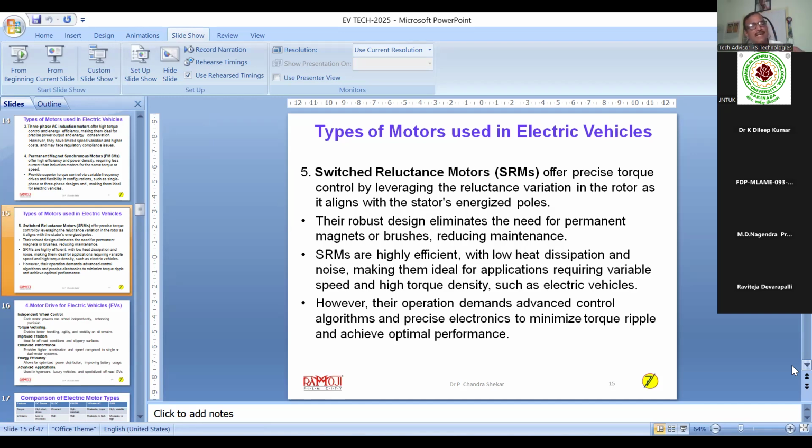If you see any of the electrical buses, how smoothly they go, wherever they want to stop, it just stops and it just picks up like anything. There we use the switched reluctance motor. The basic idea is if you take a 3 kilowatt motor with the permanent magnet, the weight is 1:2. We can get half the weight with the switched reluctance motor. Only thing is a little bit more electronics is required to control these motors. Otherwise, this has a better efficiency. People are working on this also to have a built-in electronic control system within the motor.